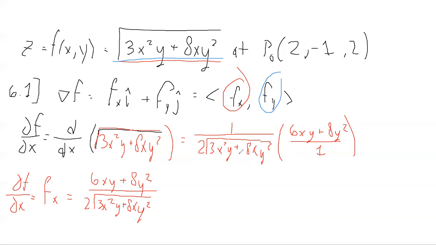And then due to chain rule, we have to take the derivative of this, and this will be 6xy plus 8y squared. So in the end, we got this for f of x: 6xy plus 8y squared, over 2 times the square root of 3x squared y plus 8xy squared. Alrighty, now let us do